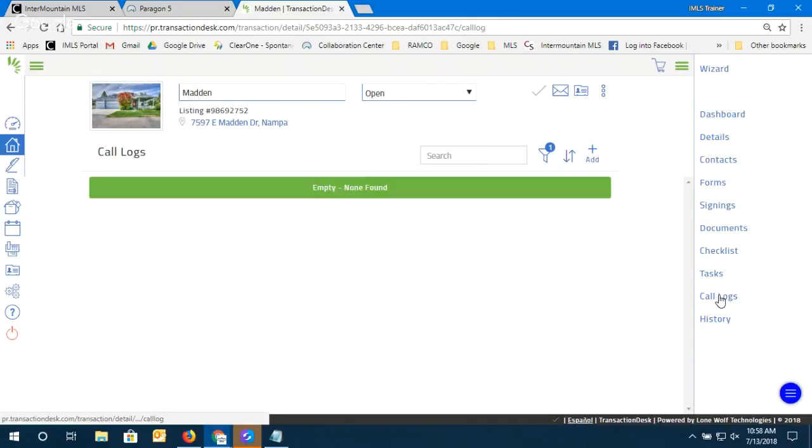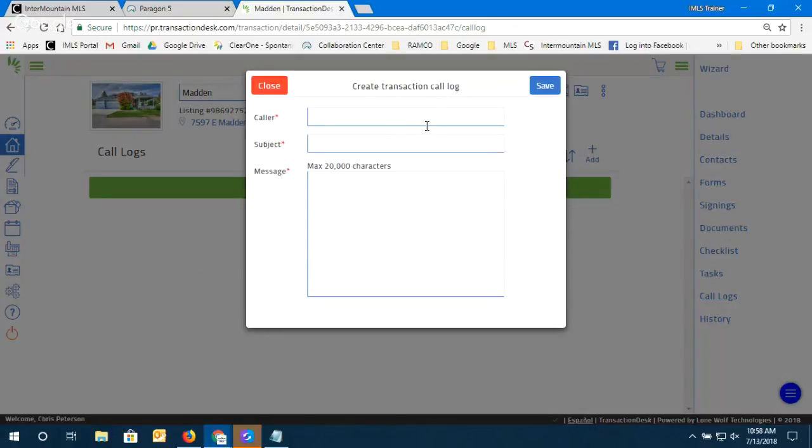The next one's call logs. Like it sounds, it's a place for you to track your calls. If you don't have a tool to do that already, you could come here and do that. When you click on add, it lets you add a call log, and everything's required. So who's the caller? It was the buyer. Who's the subject? It was the seller. And they hate